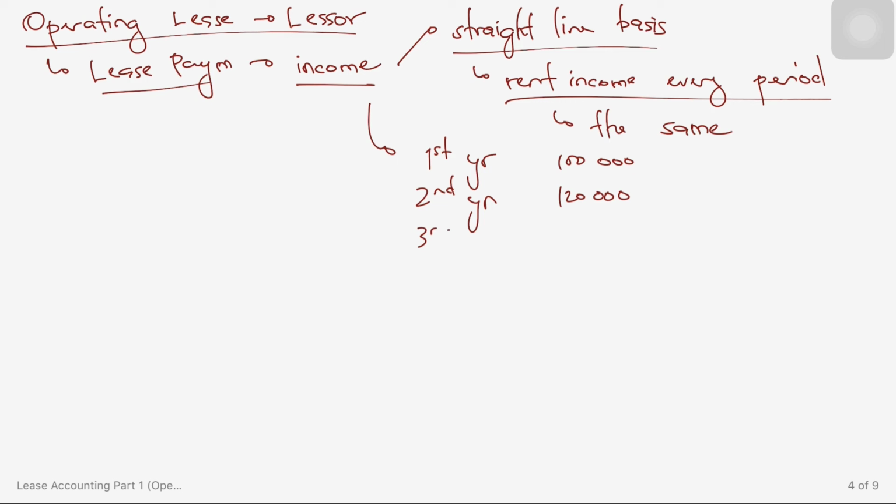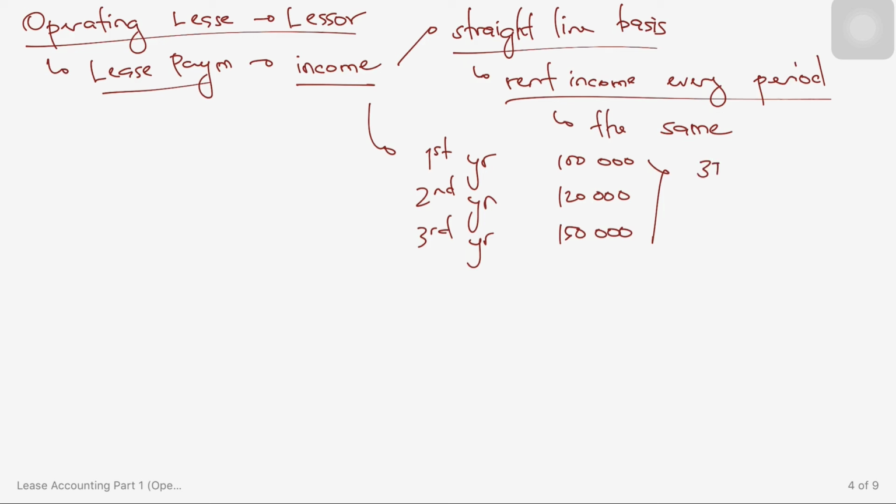And then, pagdating po ng third year, ang singilan na po is 150,000. So, paano yan, sir? Paano po tayo magre-recognize ng income? Well, if this will be the case, kunin mo muna yung total. So, 100 plus 120 plus 150 is actually equal to